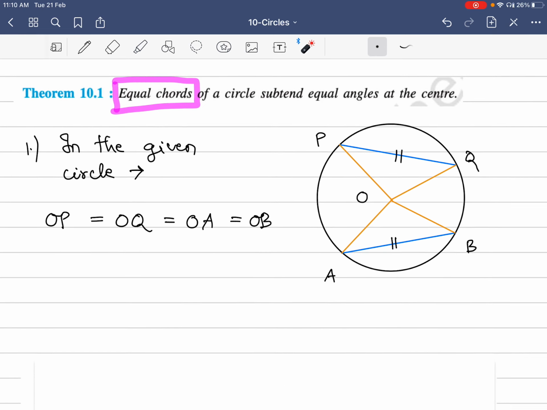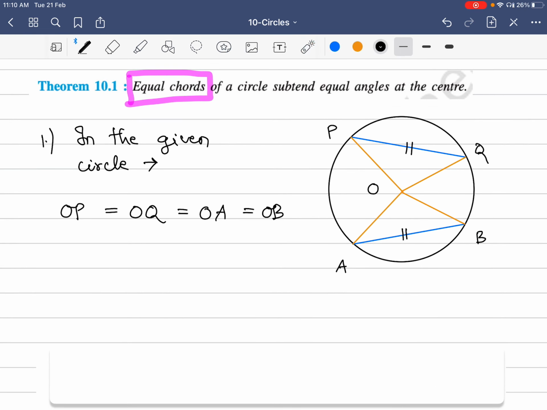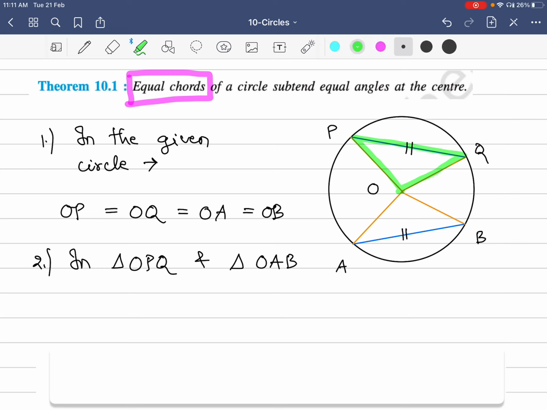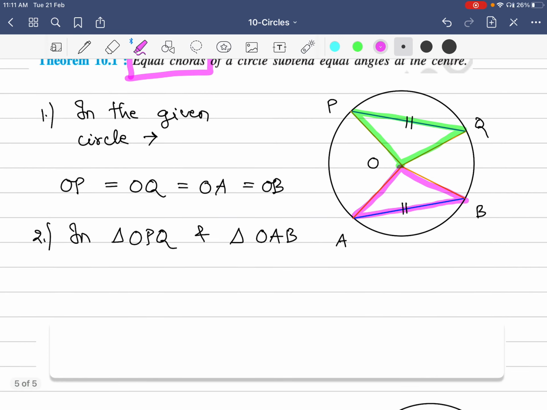So now the proof becomes very simple and straightforward. Basically, let's use point number 2. In triangle OPQ, once again let me use a highlighter, so this triangle OPQ, and triangle OAB, so let's use another highlighter, this triangle OAB, we have